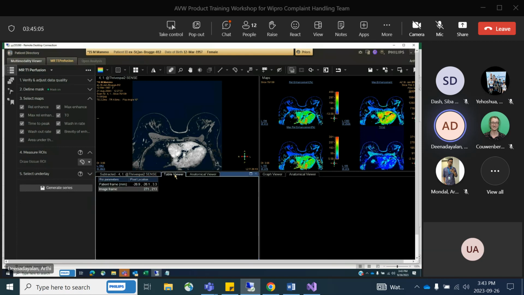So I'll tell you the table view. I mean, the basic thing I'll tell you. Same way you can generate series. When you generate series, all the 9 maps will be generated and displayed there. You can place ROIs. So when I place a ROI,